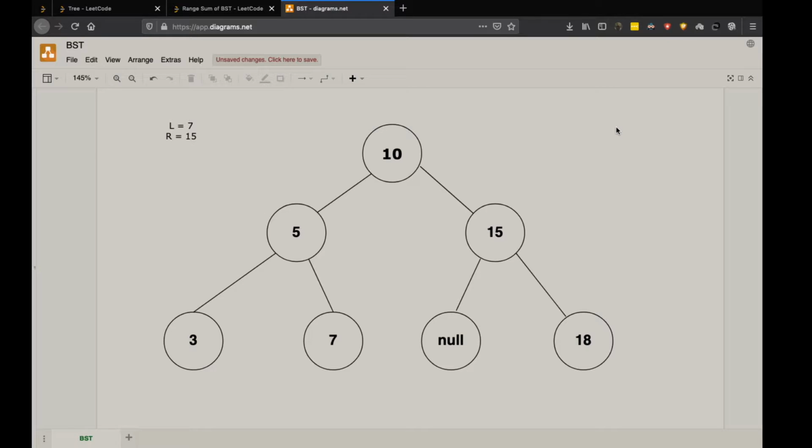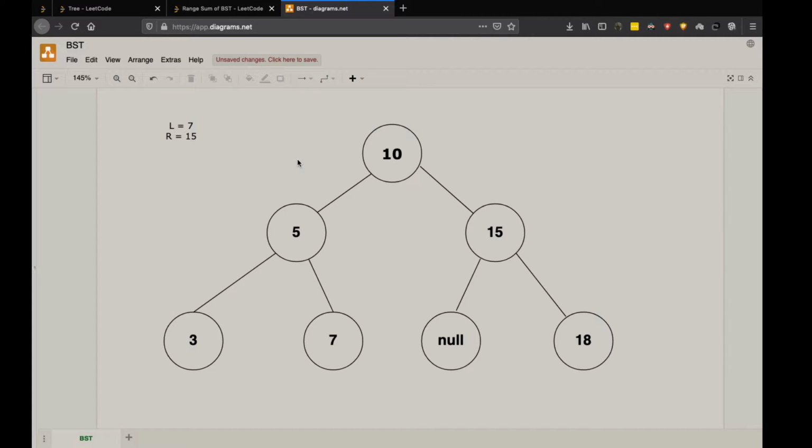So in order to solve these kinds of problems, we just need to make sure that we understand the statement properly. The first thing is that we are given a binary search tree. The property of a binary search tree is that all the values in the left subtree are less than the root's value, and all the values in the right subtree will be greater than the root value. So we basically need to define a range. We need to find all the values that are in this particular range, greater than or equal to 7 and less than or equal to 15.